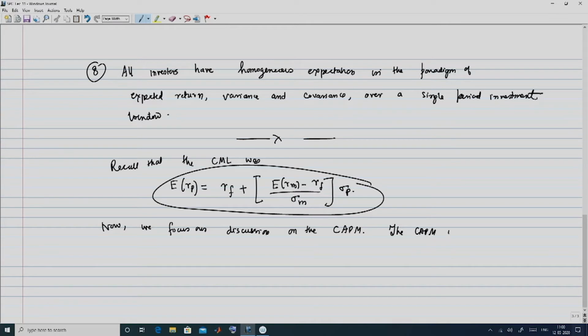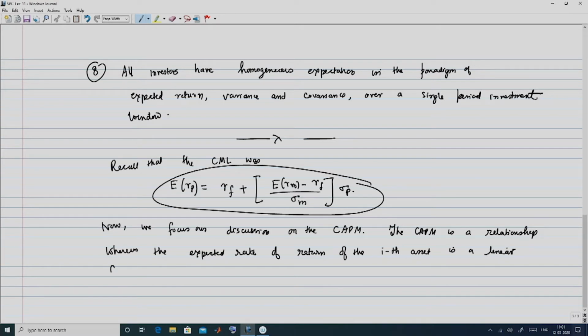The CAPM is a relationship wherein the expected rate of return of the ith asset is a linear function of the systematic risk of that asset, given by